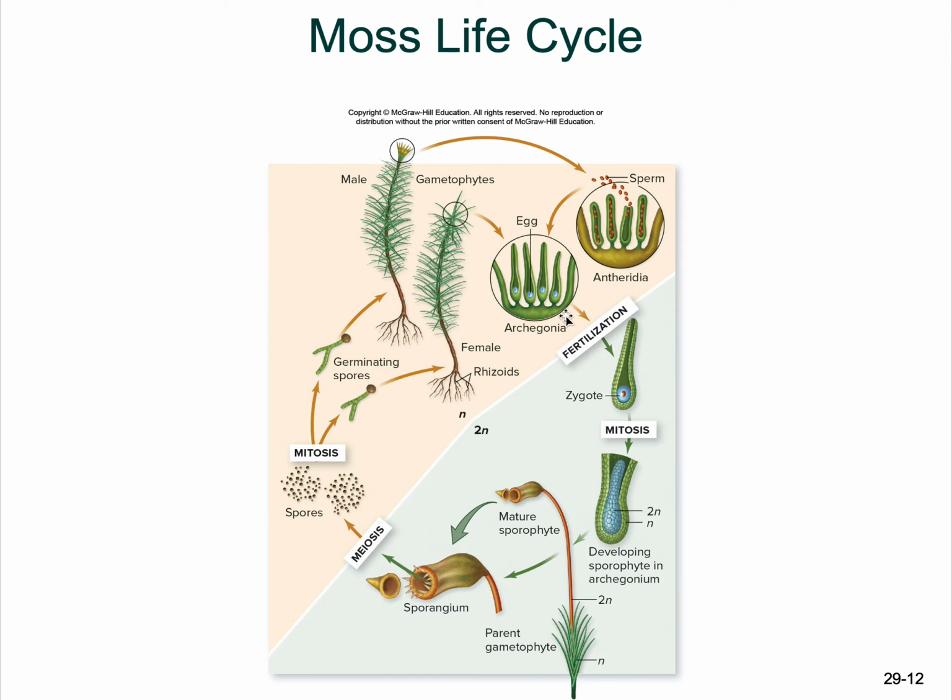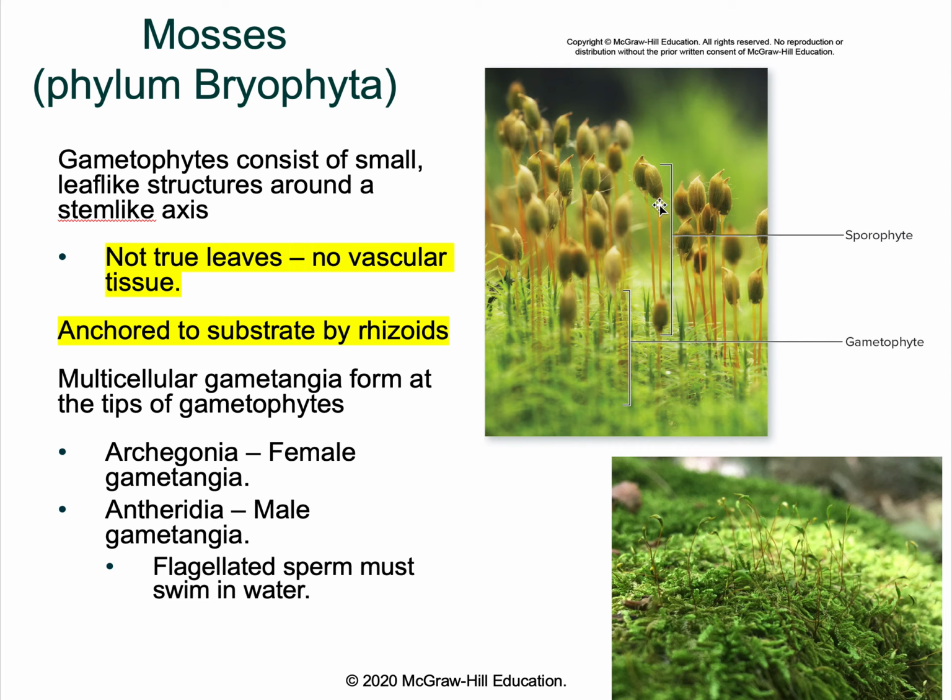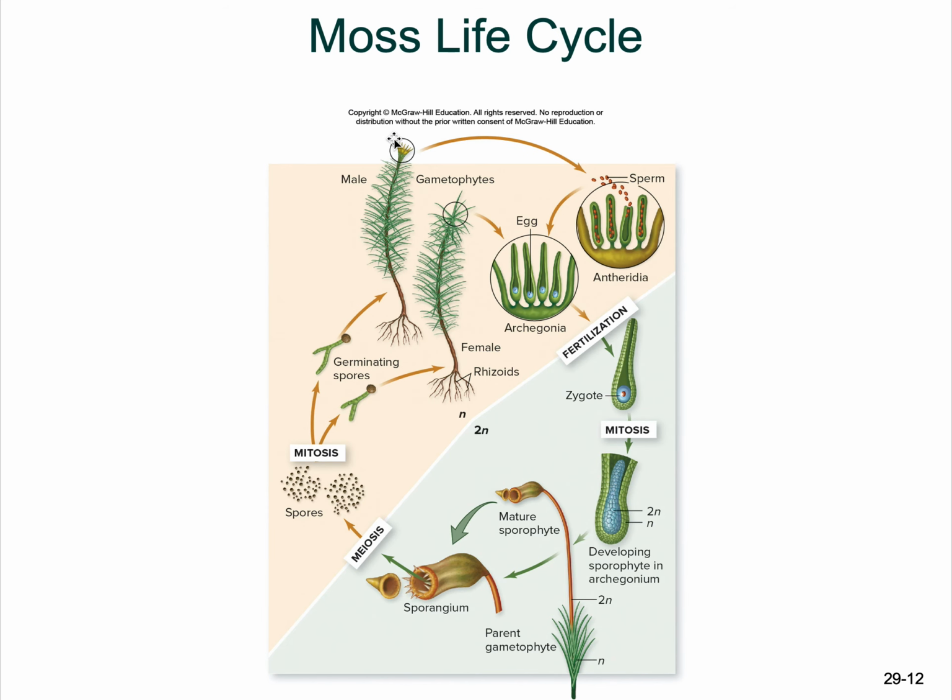Okay, let's see. This is the moss. This is what we saw in that earlier slide with the sporophyte right here. Very interesting. And here you can see the rhizoid. They don't go very deep like how roots actually go, very deep into the ground. These won't. These are very close to the surface.